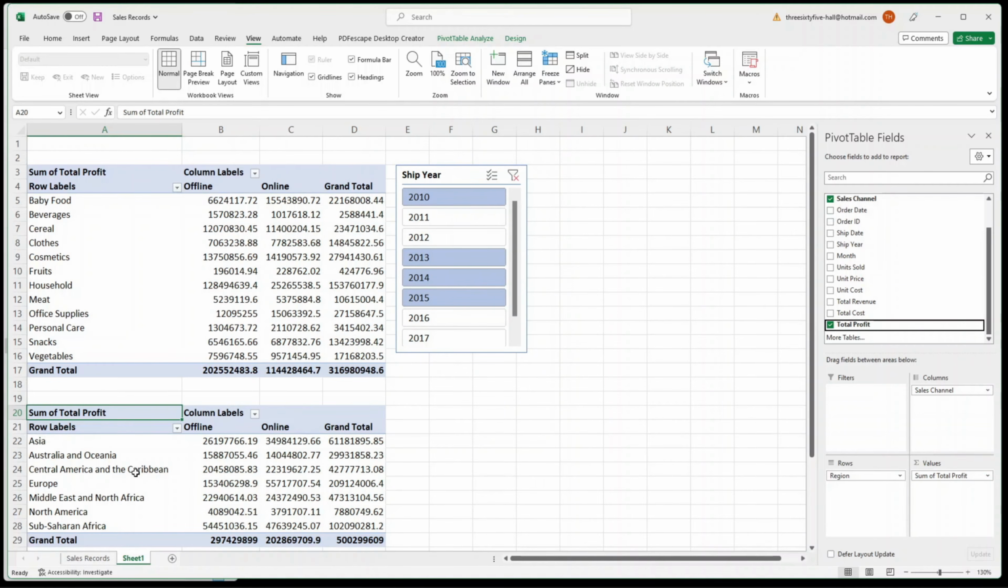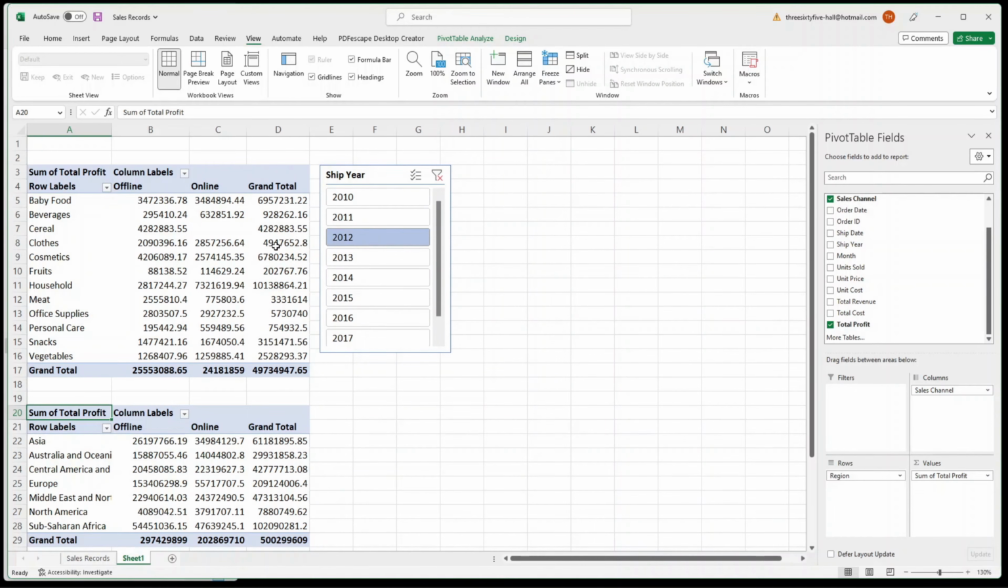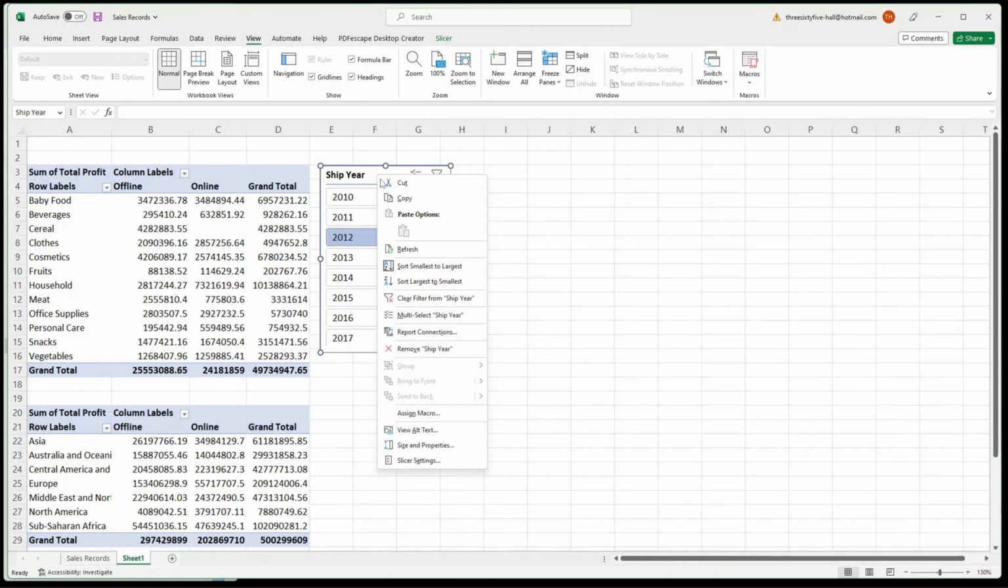So this is the second pivot table, and here we're seeing total profit for each of these regions by sales channel. Now we'll notice that if I click on these years here in the first slicer, only the first table is getting updated, and that's because this slicer is not connected to the second pivot table. So let's connect this slicer to the second pivot table, and for that I will just go to the header of this slicer, right click on Report Connections,